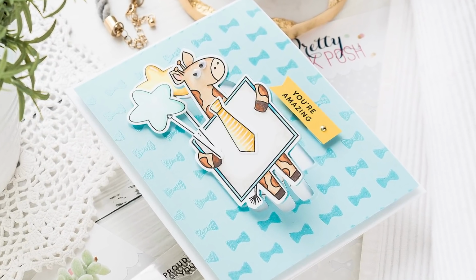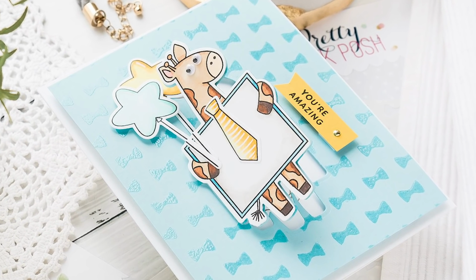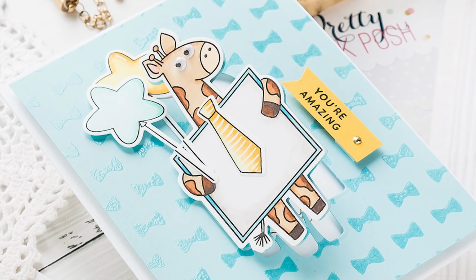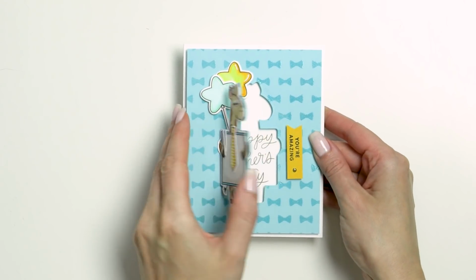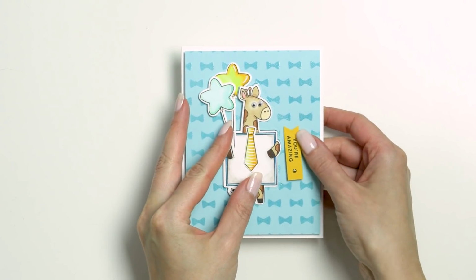In this video, I'm showing how to make hidden panel cards using stamps and coordinating dies. No specialty dies are used for this, and you should be able to make a hidden panel card like this one using most stamps and coordinating dies you have in your stash. Some will work better than others, of course, but this technique is not limited to the stamp set that I'm